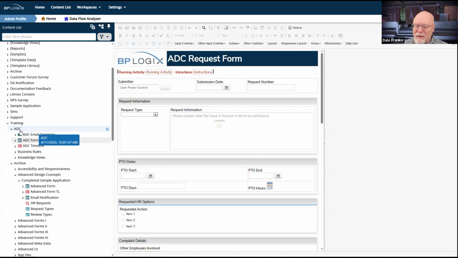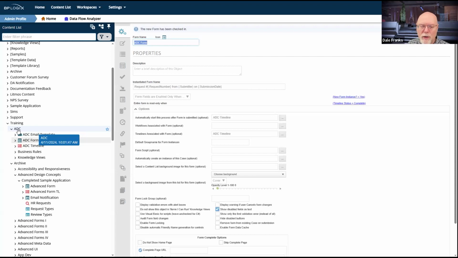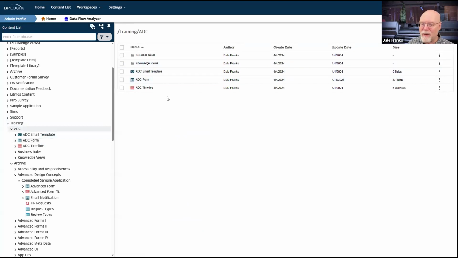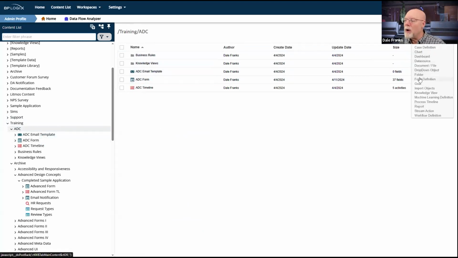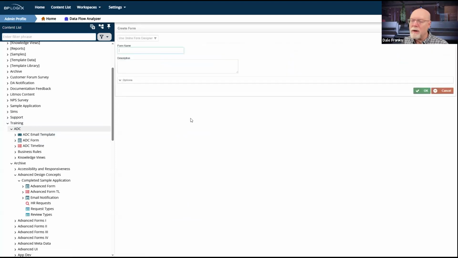Generally, I find that the radio button list takes care of all of my radio button problems, but there are a couple of edge use cases, which I'm sorry, I just can't remember off the top of my head what they were, but I have seen a couple of edge use cases where the radio button itself is useful. Because what the radio button allows you to do is make weird little mixed lists because of how you configure it. So I'm going to create a new form definition here.